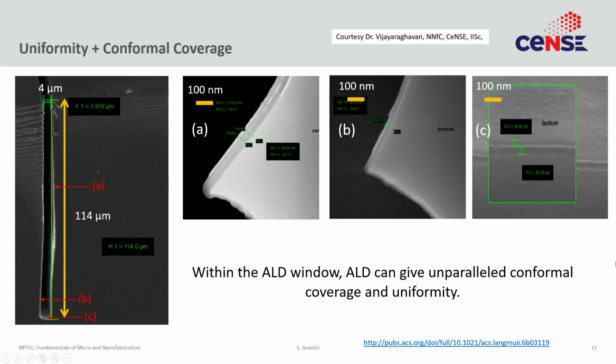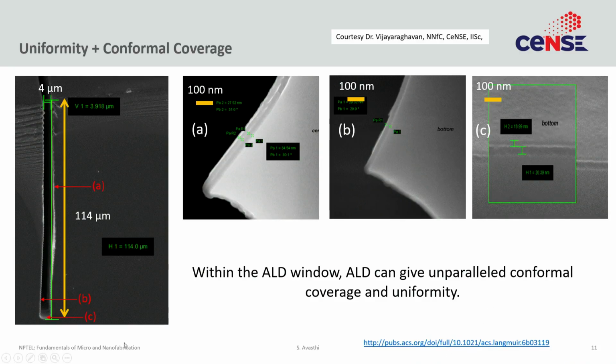And that brings us to something we started with, which is: what is the USP for ALD? Well, the USP for ALD is uniformity and conformality. If you look at this slide, something we even saw earlier, you can probably appreciate it more now. If you have these very deep channels and you want to coat a very thin layer of conformal aluminum oxide or some other material, with the same thickness on the side, on the top, and on the bottom, ALD is extremely good.